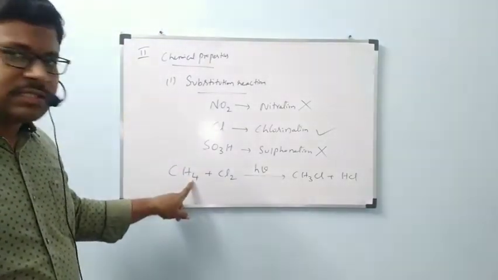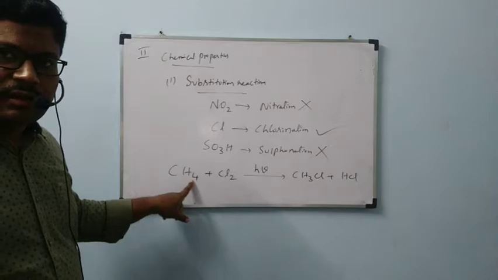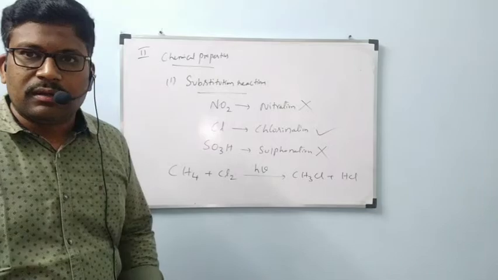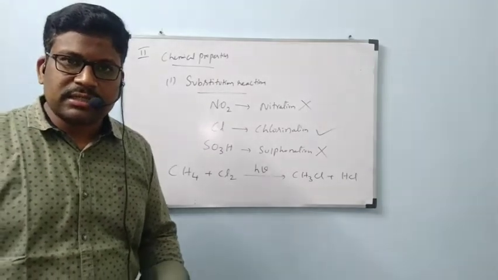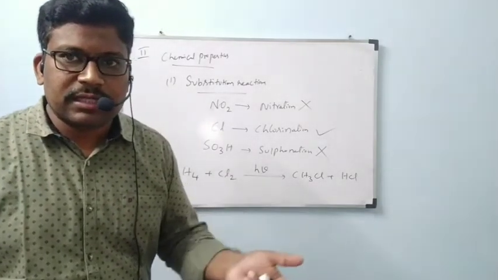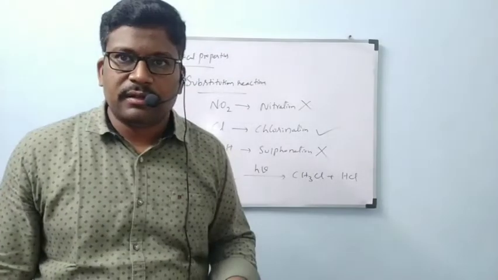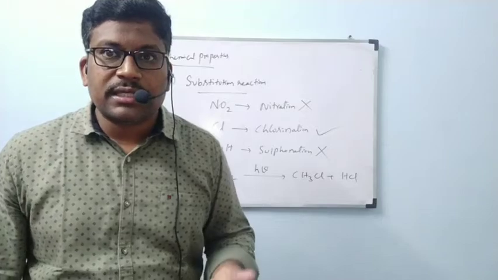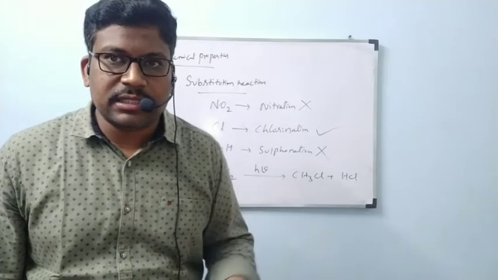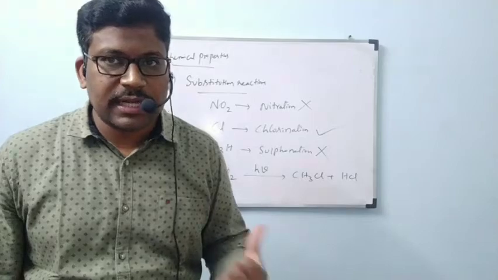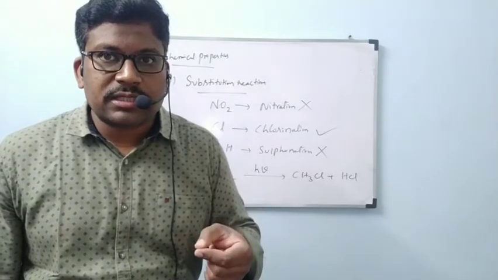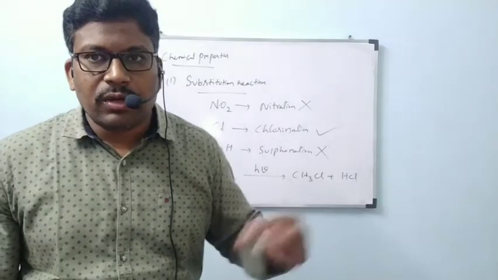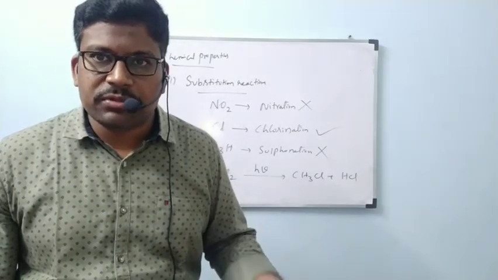See, there are four hydrogens, and one hydrogen is replaced by chlorine. That is substitution. In our normal days also, we say one teacher is substituted by another teacher. Suppose one teacher is absent, immediately we say substitution. What is the meaning of substitution there? Instead of the teacher, we are expecting another teacher. Like that here also, instead of the hydrogen present in that alkane, we are getting a chlorine group. That is called chlorination substitution.